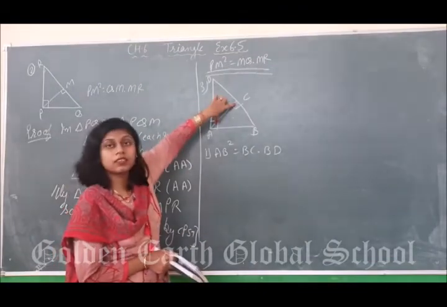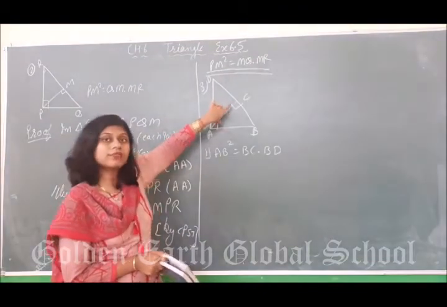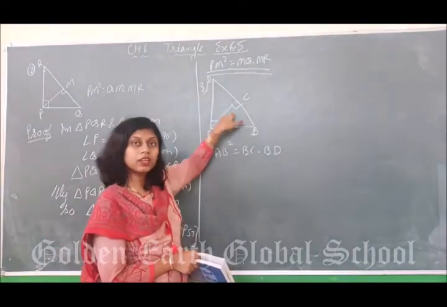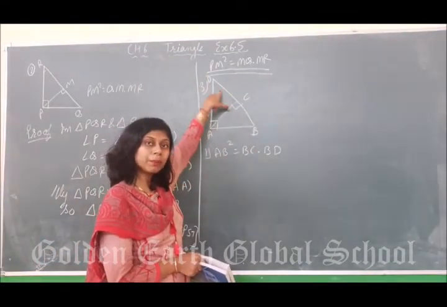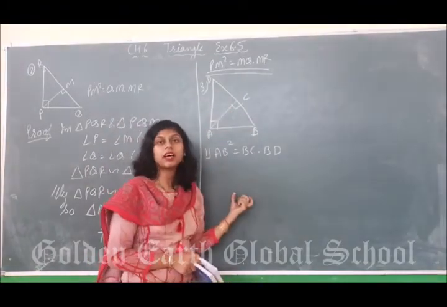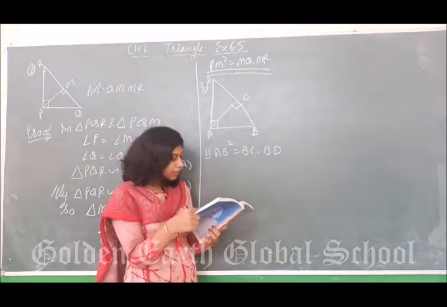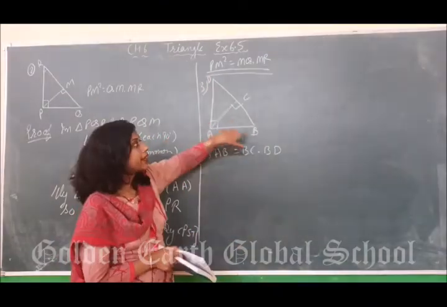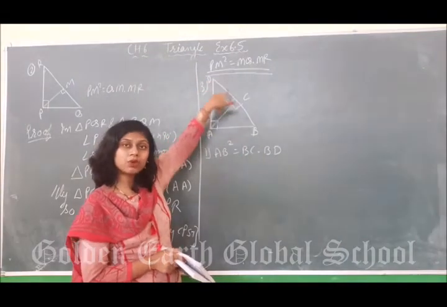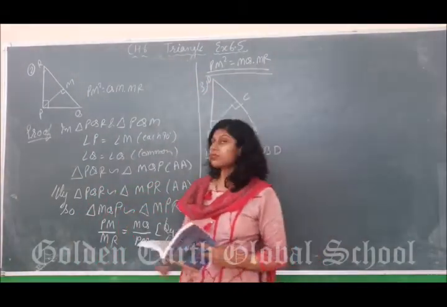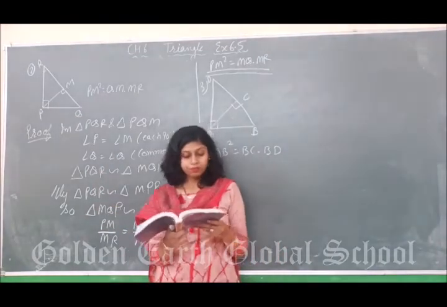Second part, AC square. We need this. So for this we have to compare first the complete triangle to this smallest triangle, then the complete triangle to this upper triangle. Then these two triangles should be similar. Then we will consider the ratio. In third part we need AD square. So we will prove the complete triangle and this upper smaller triangle are similar. Here is the same procedure as we followed in the second question.